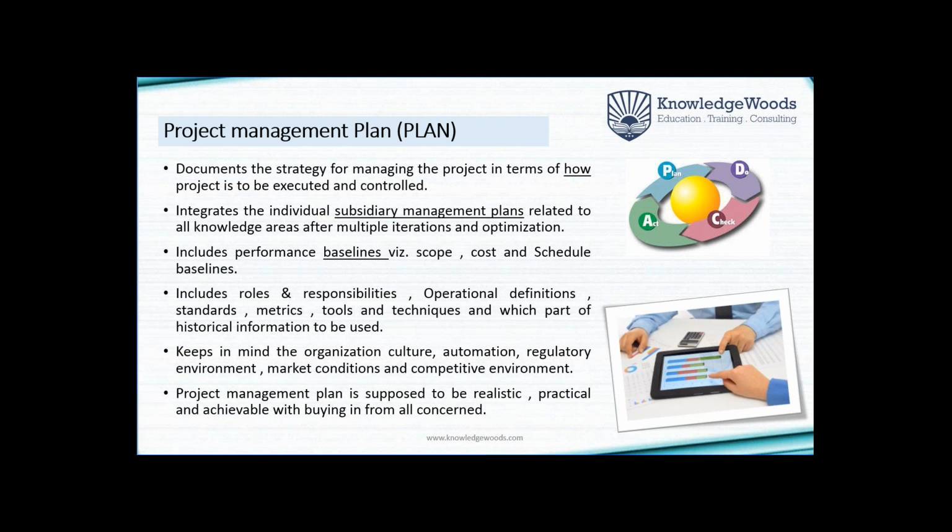So here in the integrated management plan, we have these subsidiary management plans as well as the performance baselines. We also arrive at the scope baseline, which means the scope we are going to cover, correct? And the cost baseline, which means over the time till the completion of the project, how much budget we will have, and what our planned expenses are going to be over time, right? It comes in the form of an S curve, right? So, cost baseline,